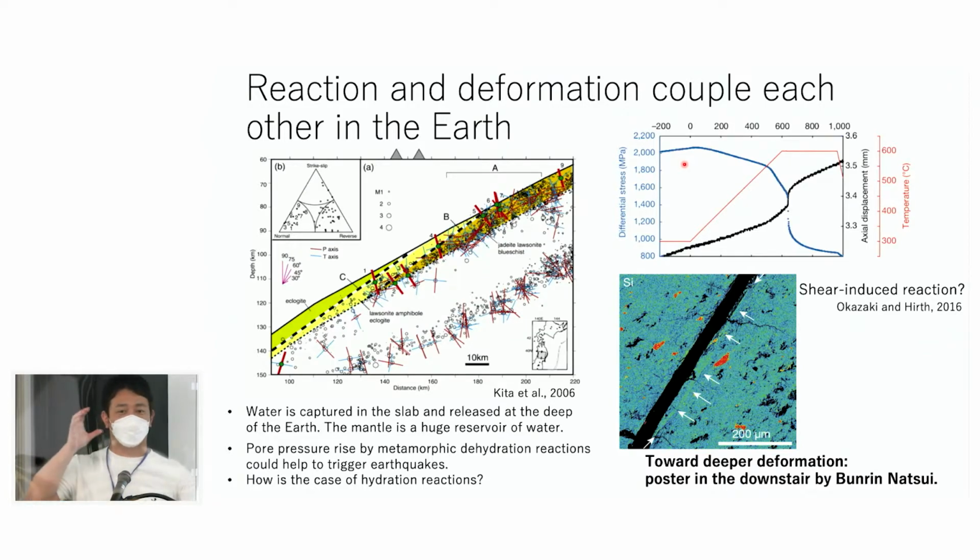We squeeze lawsonite with increasing temperature, which is kind of simulating subduction. With subducting, temperature increases and dehydration reactions happen. So we reproduce this kind of subduction in the lab,